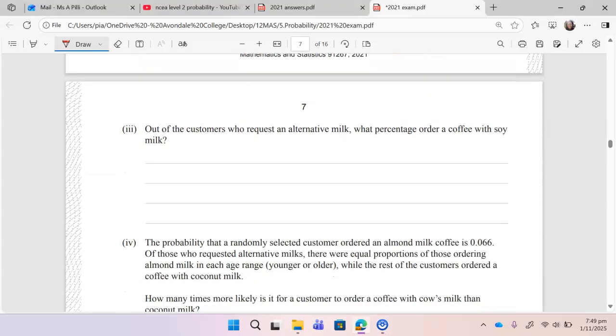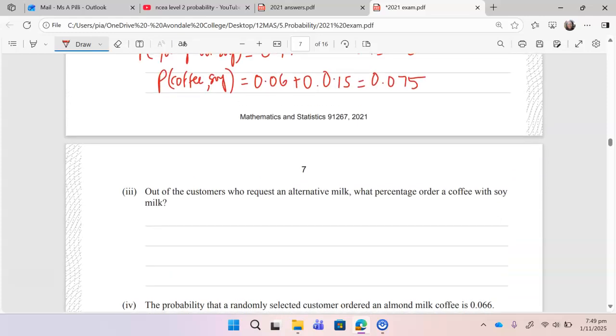Out of the customers who requested an alternate milk, what percentage order a coffee with soy milk? So far we've only dealt with decimal numbers. When the question specifies that your final answer is a percentage, just remember to multiply your final answer by 100. So in this case,